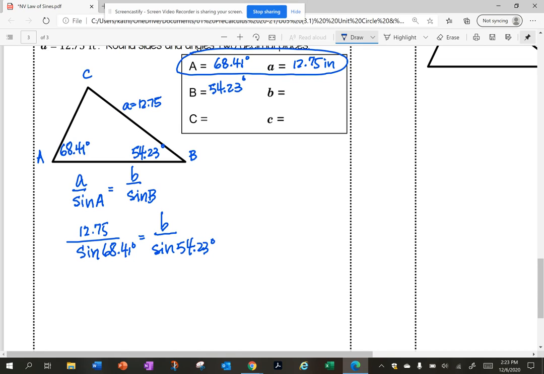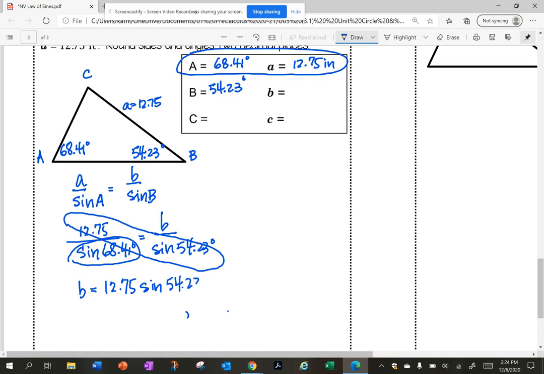Okay, so these are equivalent fractions, and I am solving for B. So I know that I'm going to cross multiply these two, and I'm going to divide by this. So I know that side B equals 12.75 times the sine of 54.23 degrees divided by